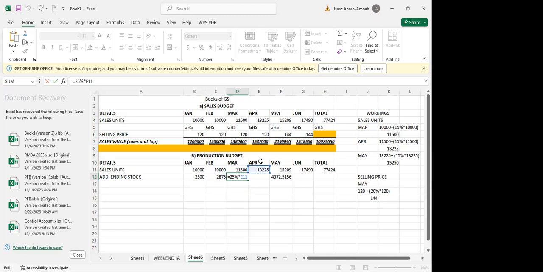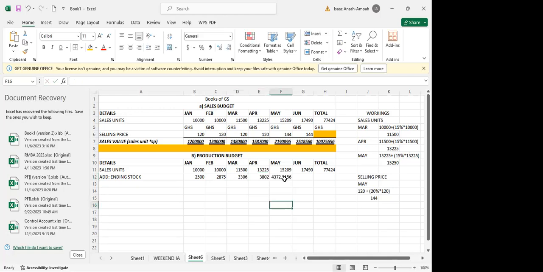All right. So we're still looking at ending stock. But I'm saying that we want to maintain this in whole numbers. So it will be 3306. Then this one will be 3802. Then this is going to be 4373. Okay. Let's estimate the planned sale for